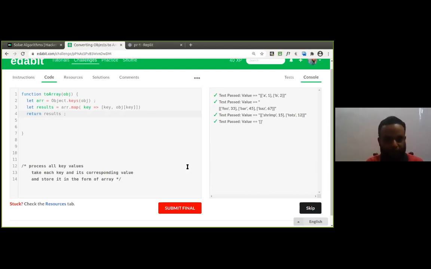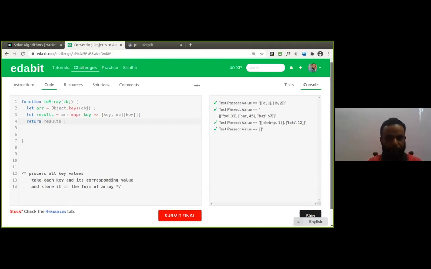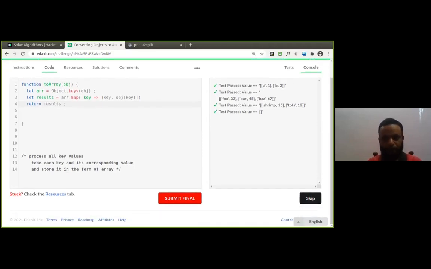No. Okay, good. Anyone else? Any questions related to this one? Uday, no doubt. Okay. Shall we move to the next problem? I hope you understood this one, like how we can process the keys and values in an object. The concept is very simple: converting this object to an array, where each key and value are represented in the form of an array. Good. Go to the next problem.